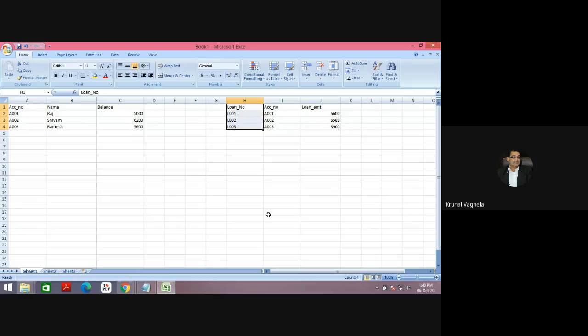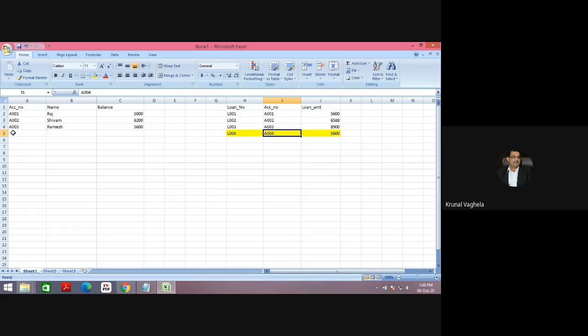Now, as I have told you, for example, if I do the entry L004, A004, what does this mean? The meaning of this row is that one customer has taken a loan with the account number A004, but you can see there is no customer with the account number A004.